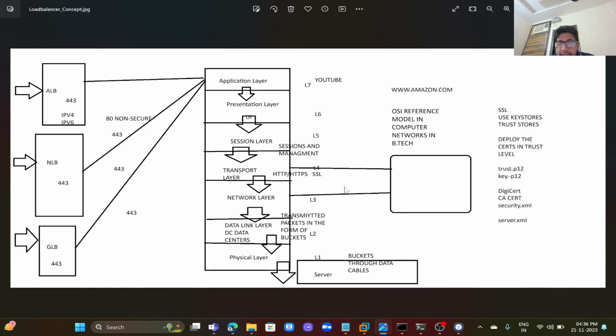And the database. These already come under the OSI reference model in computer networks from your BTech. Okay, we will go into detail. In tomorrow's class we will cover what session management is, how to create the certificate, and how to configure SSL. Tomorrow we will see at 9 a.m. Okay,